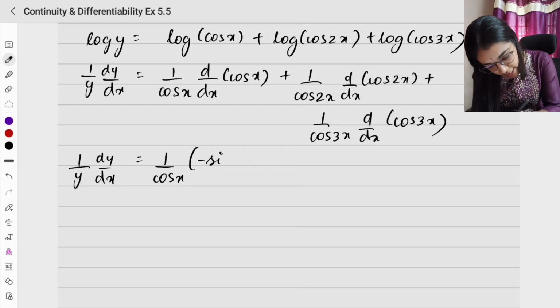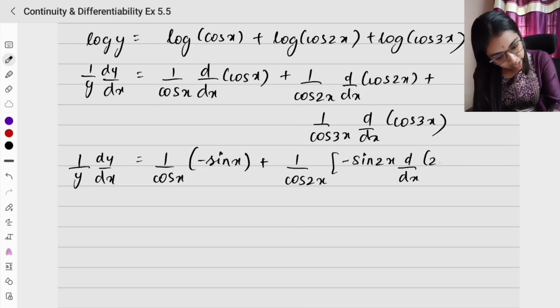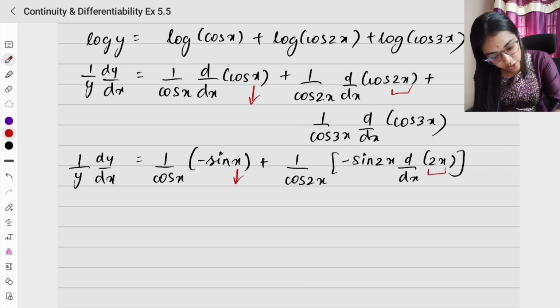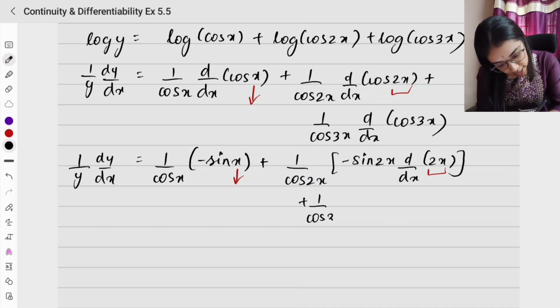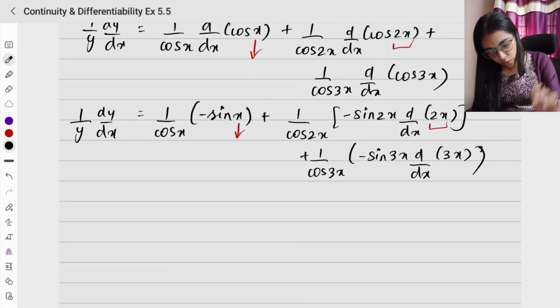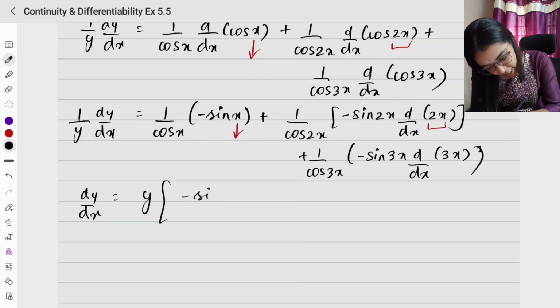The derivative of cos x is minus sin x, plus 1 by cos 2x times the derivative of cos 2x, which is minus sin 2x, and d by dx of 2x again, correct? This is simply x, so here x came directly. But here I have 2x, so I need to differentiate the 2x also. Okay. What is my third term? Plus 1 by cos 3x. d by dx of cos 3x is minus sin 3x, but I need to do d by dx of 3x. Correct? Now dy by dx is equal to y times